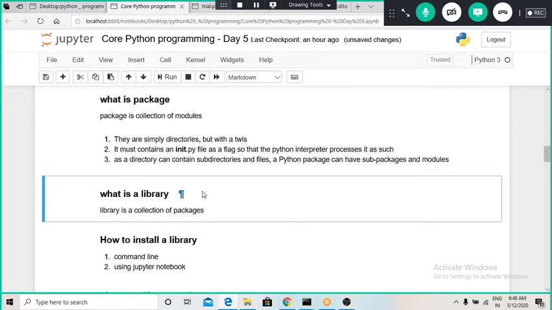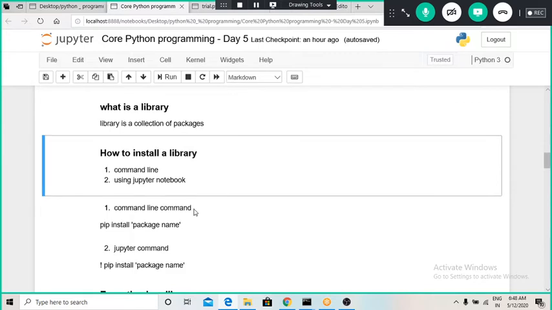And a library can have a collection of packages, so there can be more than one or two or three packages. Okay, so a library is a collection of packages. Okay, so now let us see how to install a library. If I try to show you how to define a package, it will take a really long time, and it is actually beyond the scope of this particular training program. So basically at the last I will show you how to use OOP, but not how to define a module. Okay, so now let us move on to libraries.